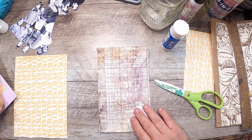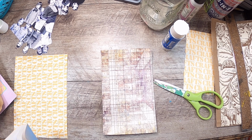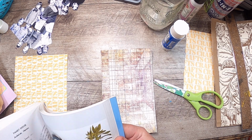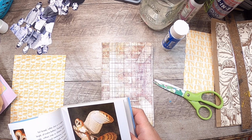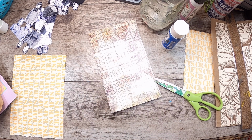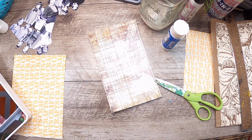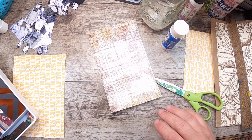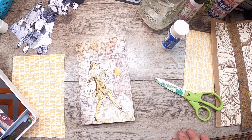I'm just looking around me at what I've got going on here. I mostly have Halloween things all around my desk at the moment. This bird book, Audubon Birds. I don't know that a bird will work on here. I have all this collage stuff that I've got hanging around here for my Halloween making, and maybe there's, oh yeah, you know what, there are actually some kind of cool, these, this would be kind of cool on here maybe. Something like that, and